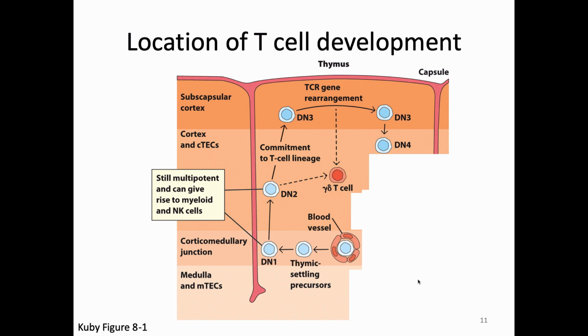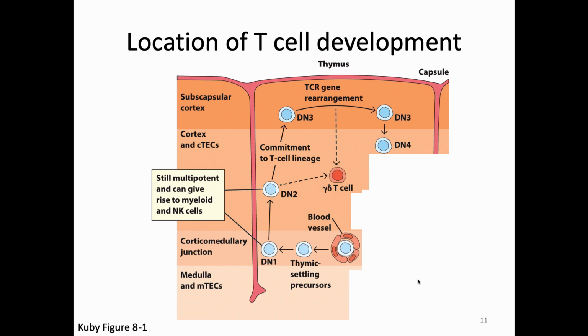And so you can see this is all very much happening in the cortex. And so all of these big time VDJ steps are happening largely in the cortex. And when we get to the central tolerance things, the central tolerance steps are going to be really the medulla steps